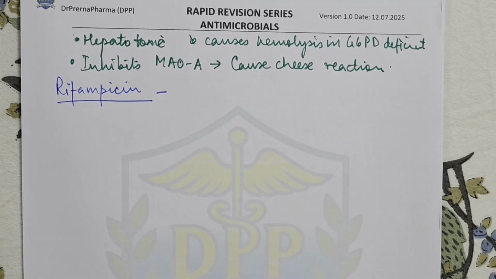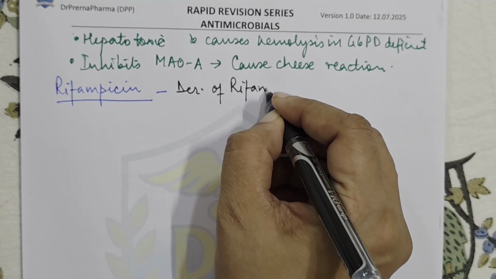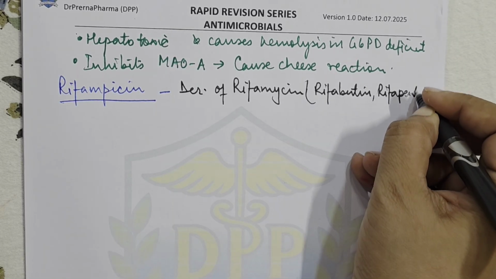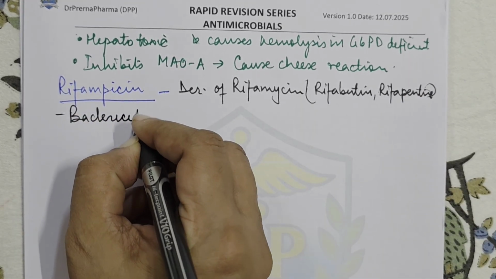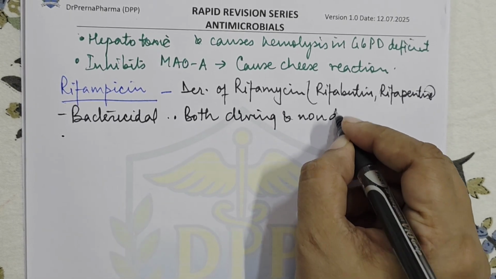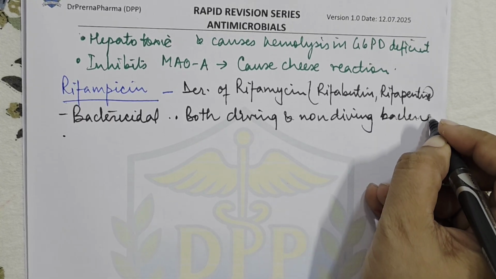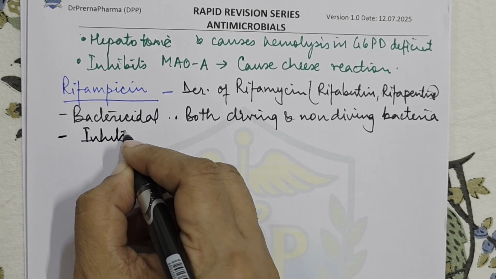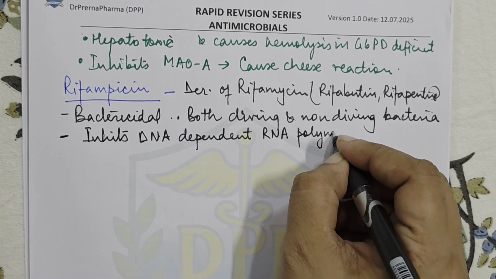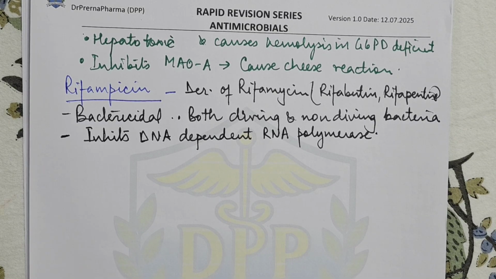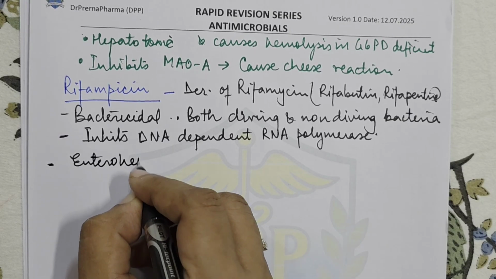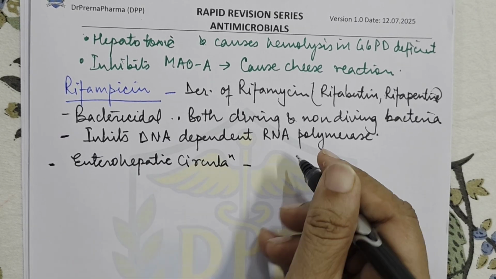Now this rifampicin is a derivative of rifamycin, and other derivatives are rifabutin and rifapentine. Okay, then it is bactericidal. It acts on both dividing and non-dividing bacteria. Then it inhibits DNA dependent RNA polymerase. Okay, this is the drug which is acting on the DNA. So this we had discussed last in the drugs which are inhibiting the DNA, that it undergoes enterohepatic circulation, and it basically